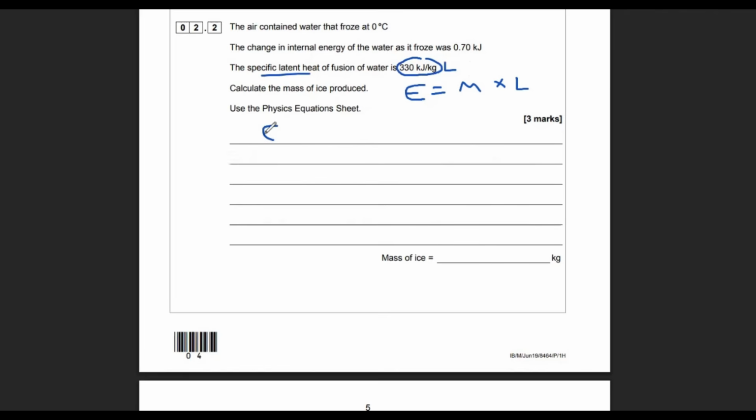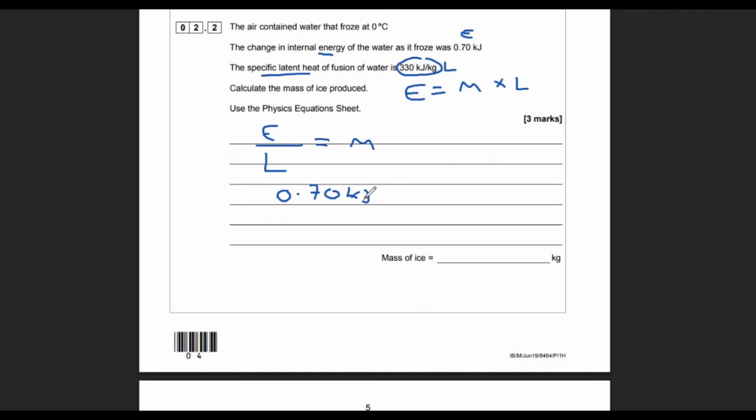So you just need to rearrange this. If I want to find M, I'm going to divide both sides by L to get rid of the L and leave M on its own. So I'm going to get E over L equals M. So all you need to do now is substitute the numbers. The internal energy, look, it tells you this is energy. So that is E. So we just need to do 0.70